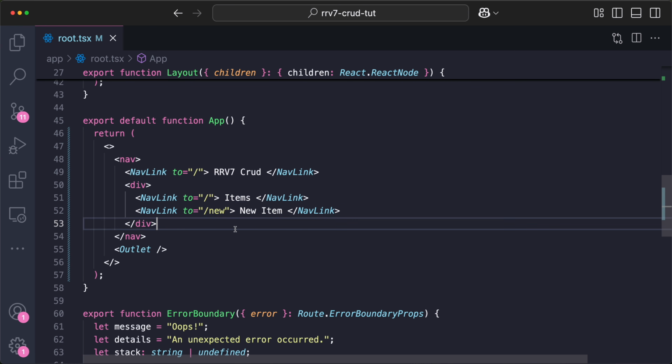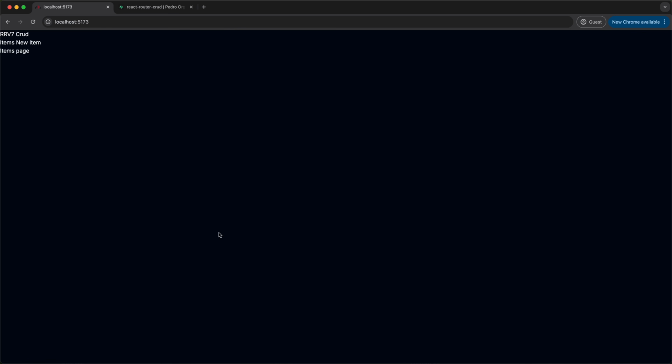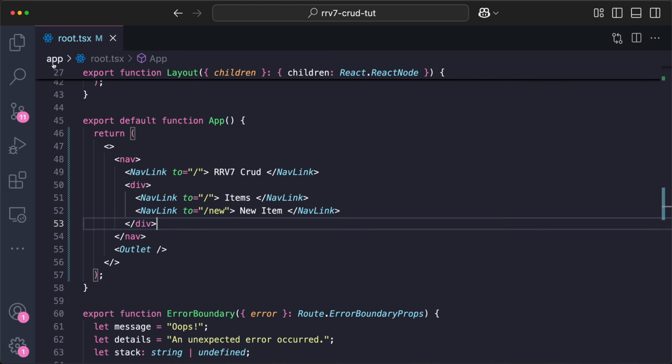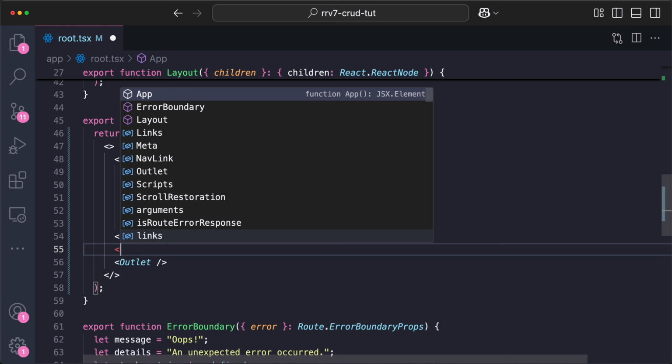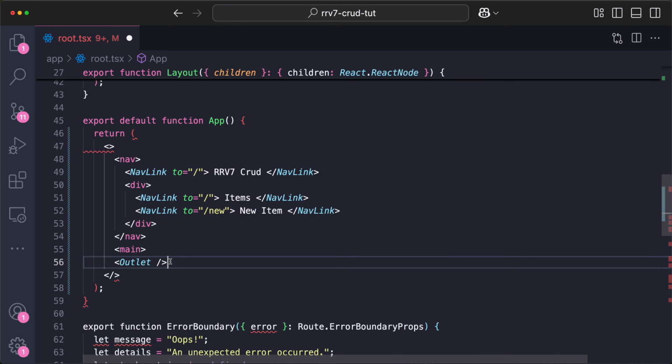So I'll do something like this. Now, obviously, there's no UI yet. It all looks super ugly. But as we go ahead, I'm going to be adding the UI for all of the different parts of the page. Now, below this nav, I want to add actually a main tag that will wrap the outlet so we